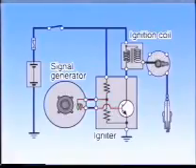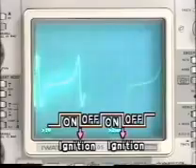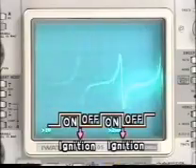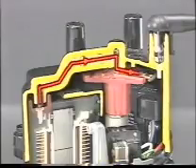In this way, when the engine is running, the transistor is turned on and off every time one of the signal rotor's teeth passes the pickup coil. Every time the transistor is turned off, a high voltage is generated in the secondary coil. The voltage generated in the secondary coil then passes from the